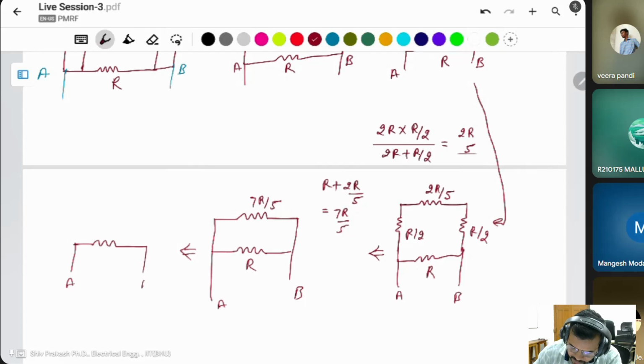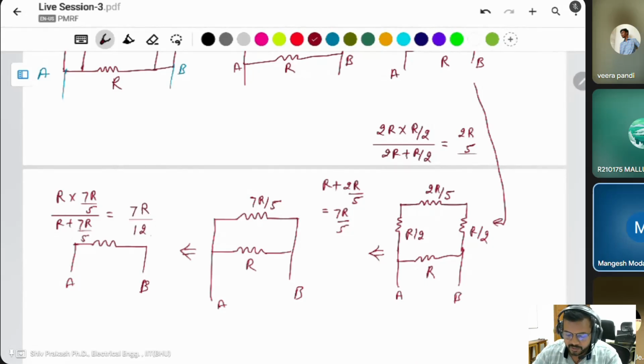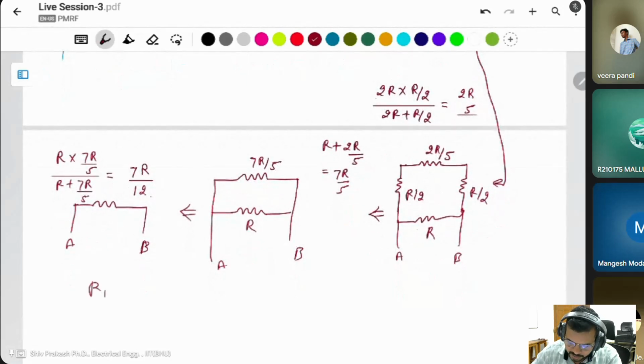Terminal A to terminal B. These two are connected in parallel. Then R into 7R by 5 divided by R plus 7R by 5. This will be 7R by 12. The final RAB is equal to